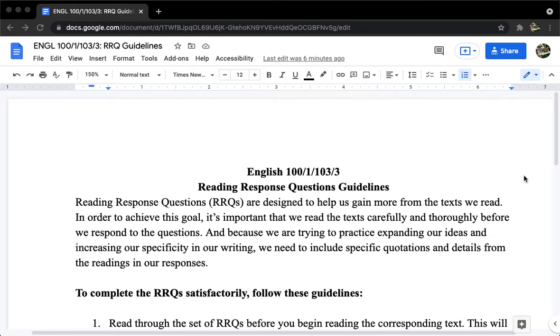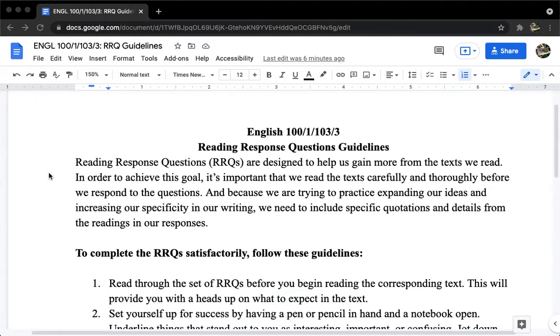Reading response questions. So these are the guidelines for the reading response questions that you will complete for each reading that we do in this course. Reading response questions are designed to help us gain more from the texts we read. In order to achieve this goal, it's important that we read the text carefully and thoroughly before we respond to